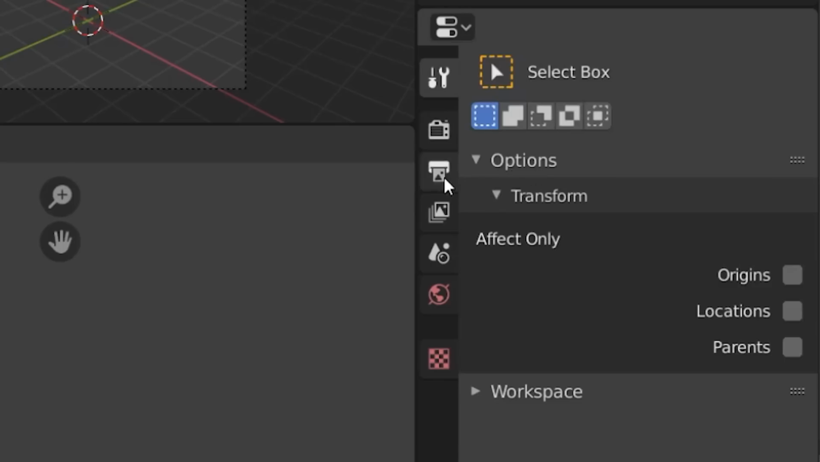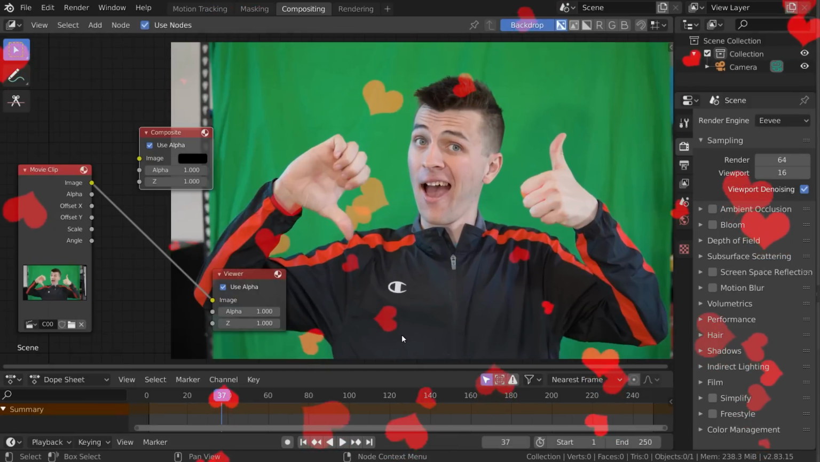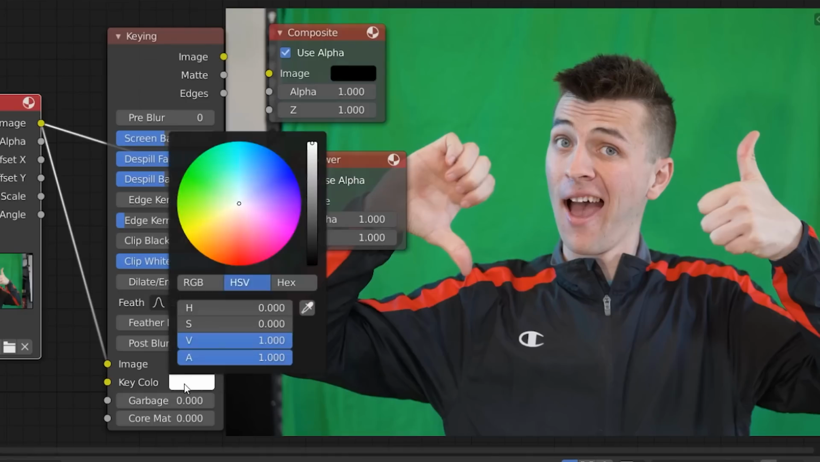A new visual effects file. Just punch in your footage settings, switch to compositing, use nodes, and add in a movie clip. Whoa, too sexy! Then you can add in a keying mat and choose the key color of the shadowy area